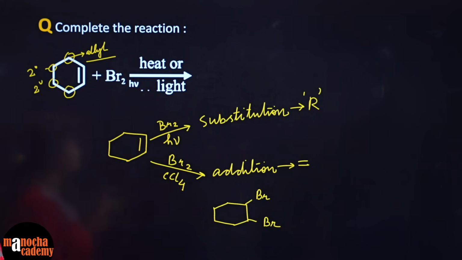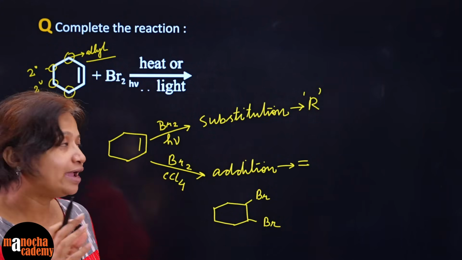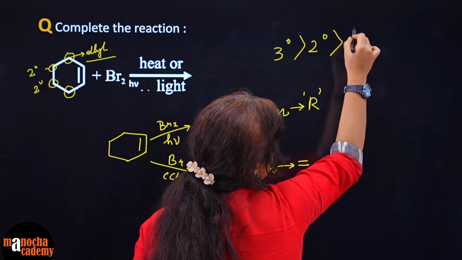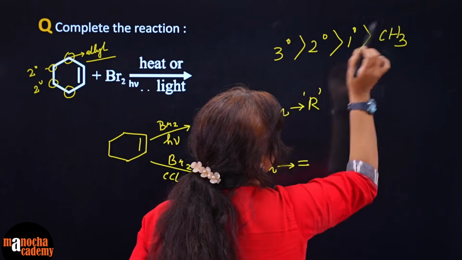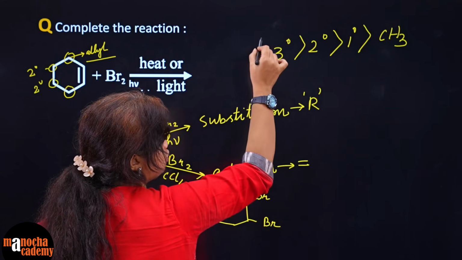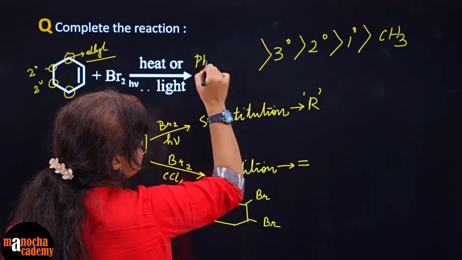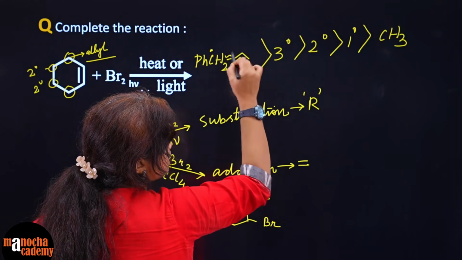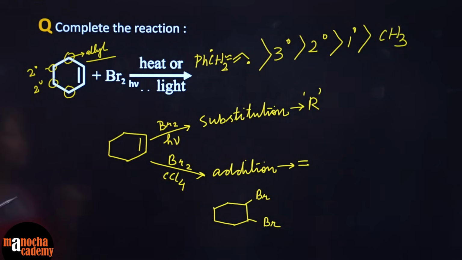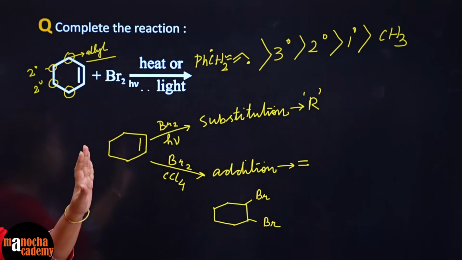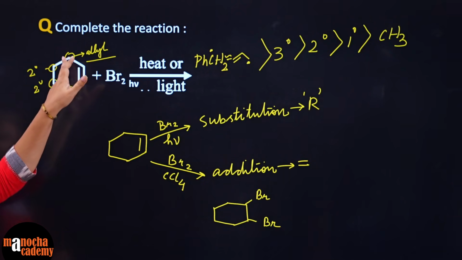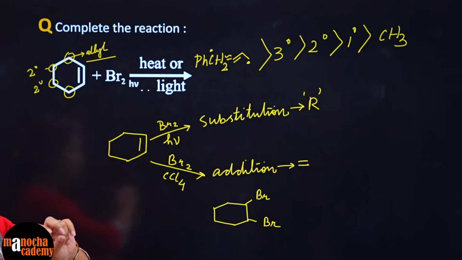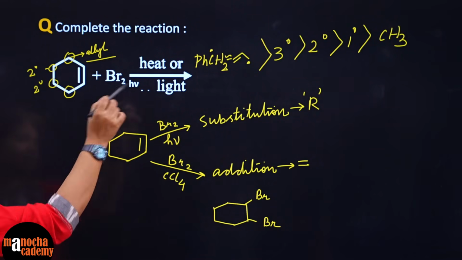Now coming to stability of radical, I told you this, if you remember: 3 degree, 2 degree, 1 degree, methyl radical stability. But besides that, benzyl radicals are also more stable. Similarly, allyl radicals are more stable than tertiary, secondary, primary. So naturally, if there is an option like here, secondary versus allyl, the allyl carbon will get substituted preferentially. Accordingly, the product will be this.